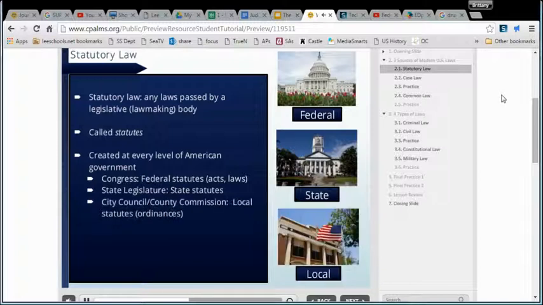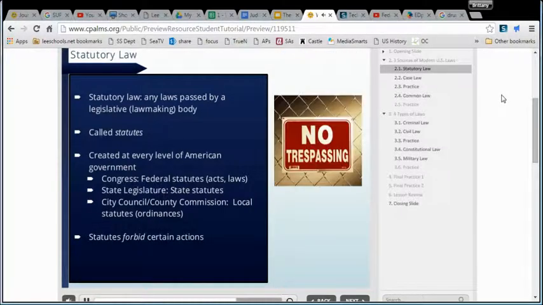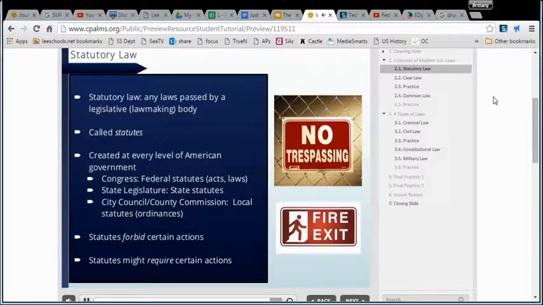And local statutes, often called ordinances, are made by local legislative bodies like a city council or county commission. Statutes are created for any number of reasons. Generally speaking, statutes are created to forbid certain actions. A no trespassing sign on public property would be an example of this. Or statutes might require certain actions. For example, public buildings are required by statutory law to post the locations of fire exits in case of an